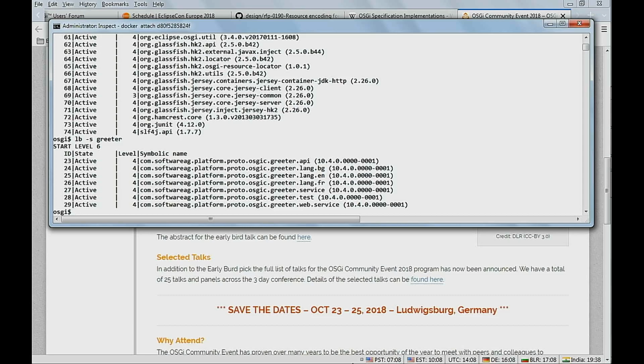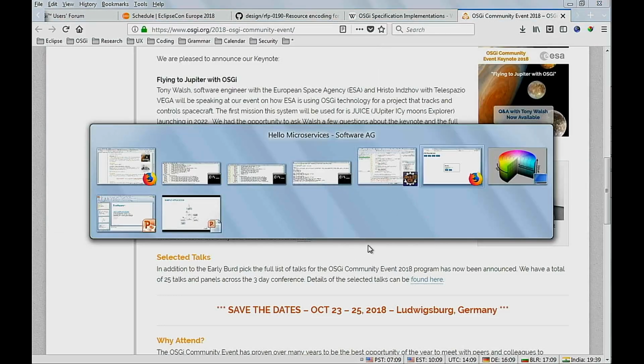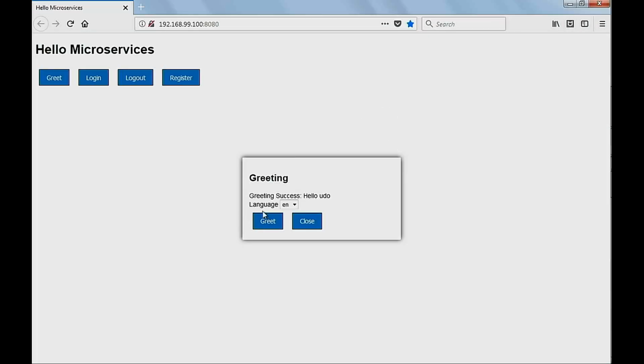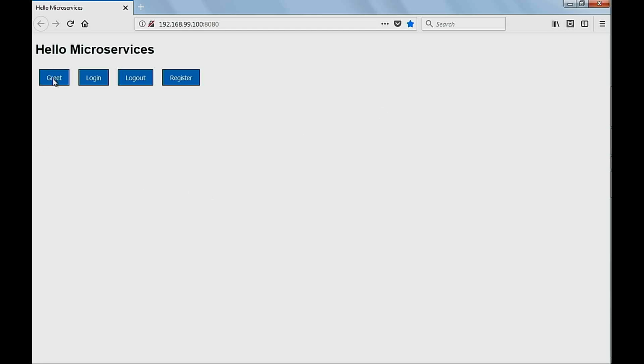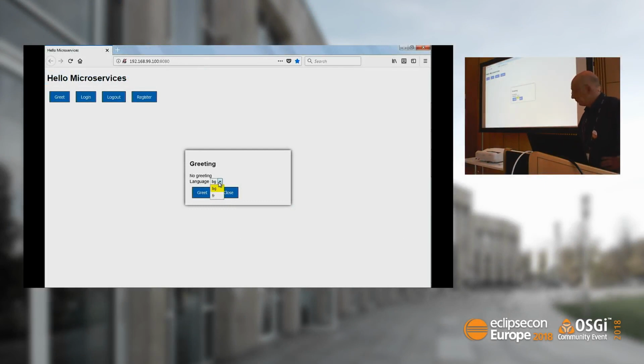So what I, for instance, could do is simply stop one of the bundles here. I could stop bundle 25, which is the one providing me with the English language. So if I now go back to our application and call the Greeter service again, it will simply be missing this language.